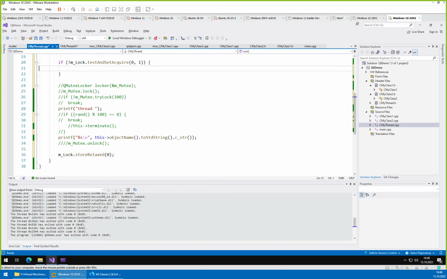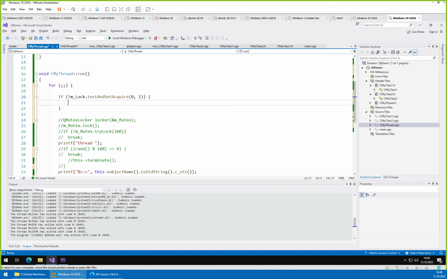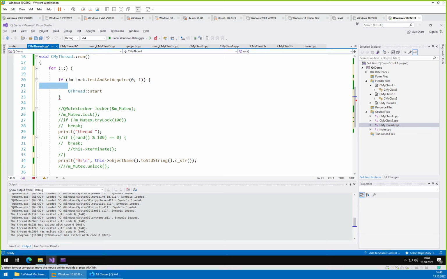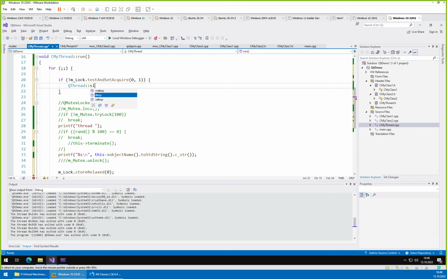So here now we have to think, what do we do if it is already 1? If it is already 1, if it wasn't 0, this means another thread is in the process of printing. We need to wait. So let's say q thread, m sleep. There are different sleep functions. There's sleep, there's m sleep, and u sleep. They all do the same thing, but sleep takes an argument in seconds, m sleep takes an argument in milliseconds, and u sleep takes an argument in microseconds. So let's go with, why not, u sleep 100,